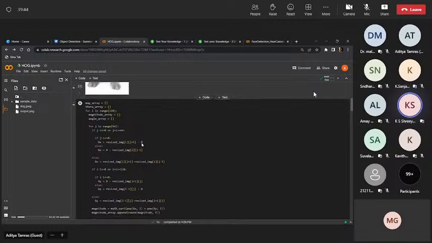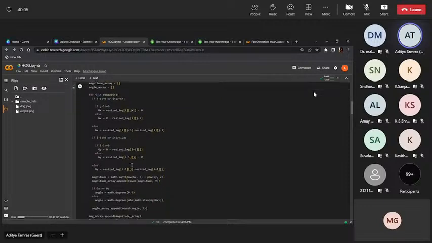Okay. So this is the corresponding code for this. This is the GX for the left edge. This is the GX for the right edge. And for all the images in the middle, it will be the standard formula, that is the right pixel minus the left pixel. Similarly for GY,